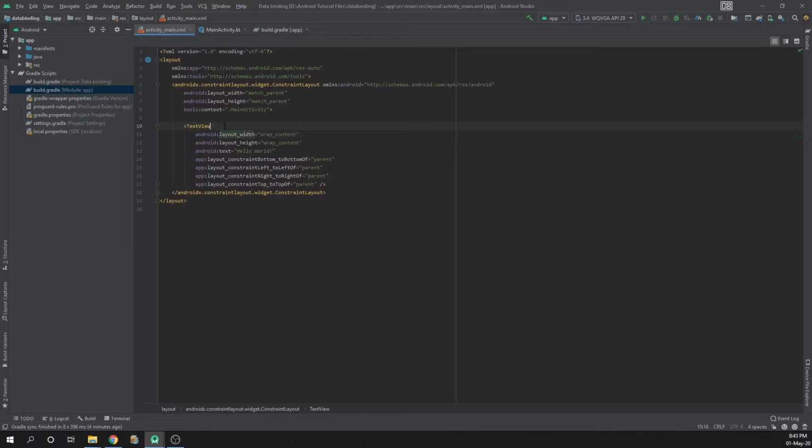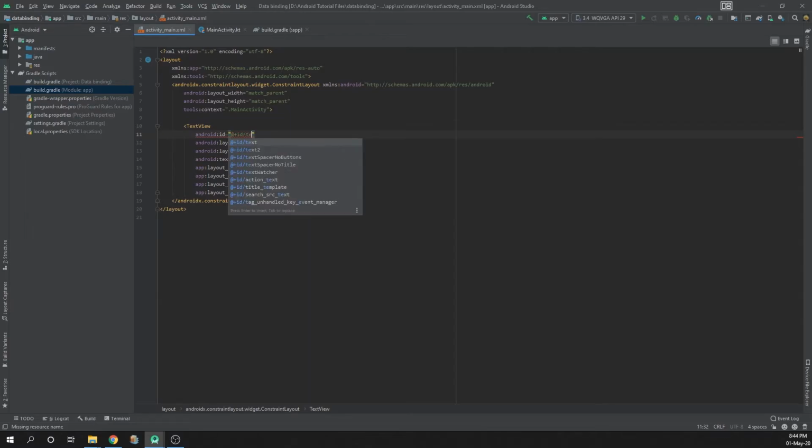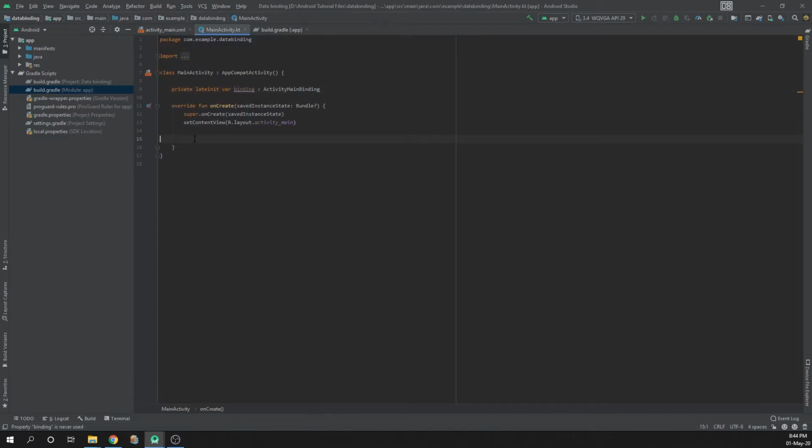One thing I need to mention here is that you need an ID for each view to get it with your data binding object. So if you put an ID, like we could say textView,